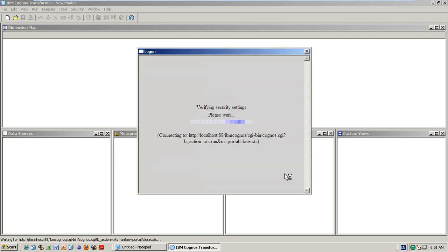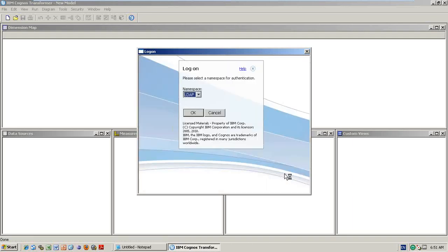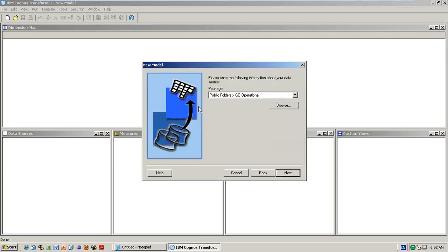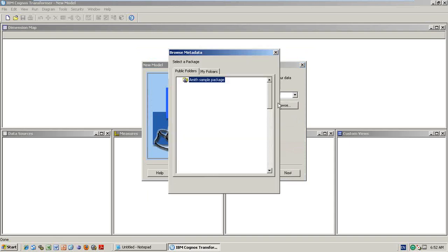Then it will ask you for the Cognos user ID and password. Obviously you need to give it. Then only will you move inside the Cognos. So as usual, I am taking one of the packages, Go Operational, or you can browse whatever package you are expecting.